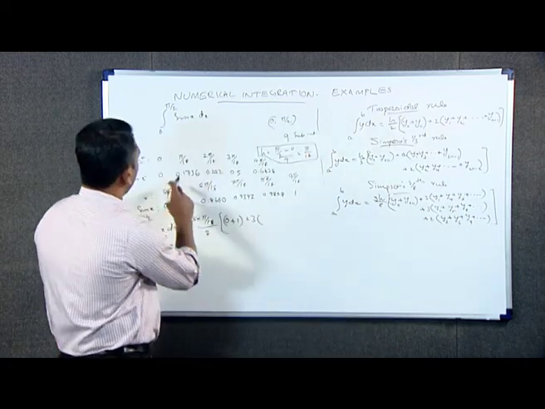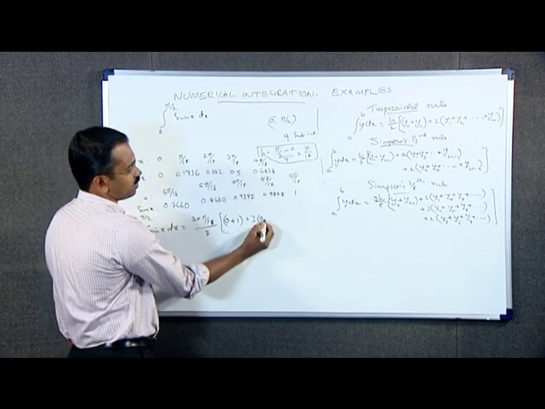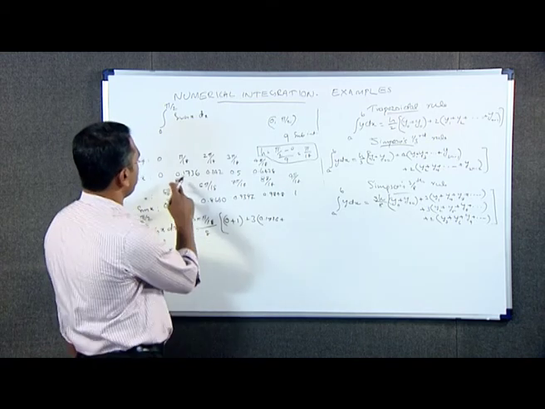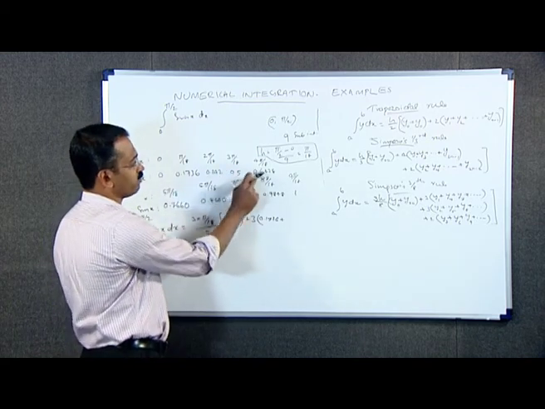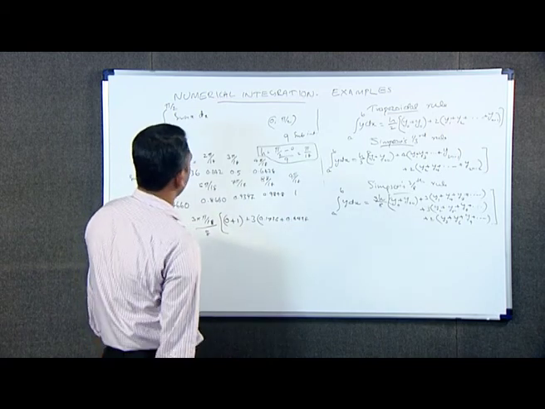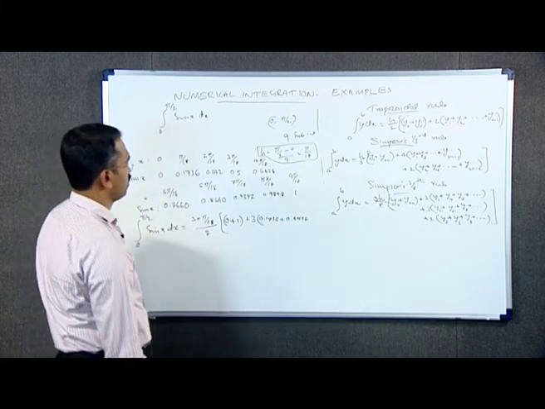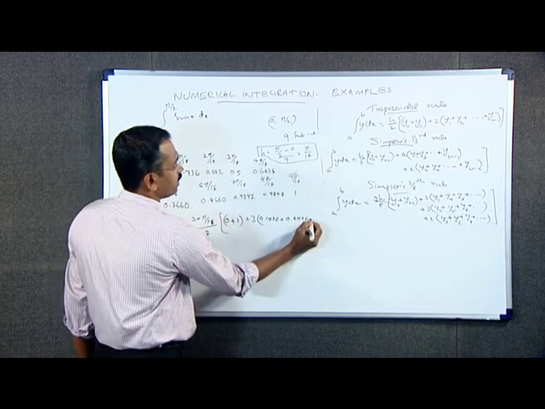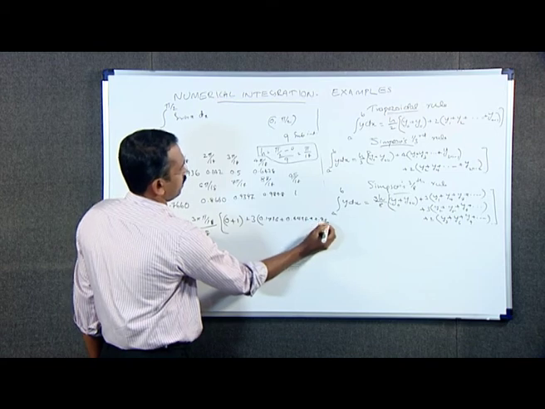Therefore, 3 times y1 is here 0.1736 plus next is y4, which is 0.6428. Next is 0.9397